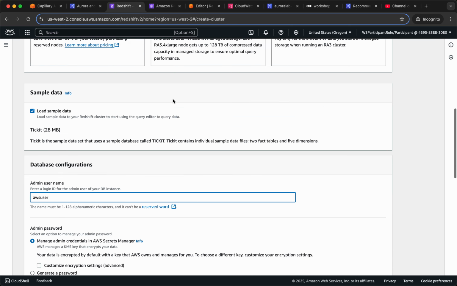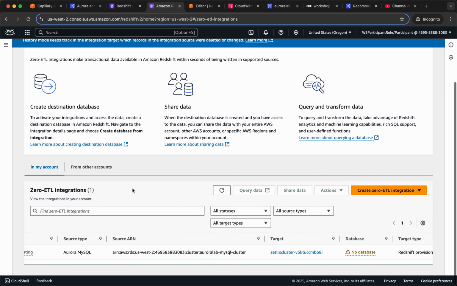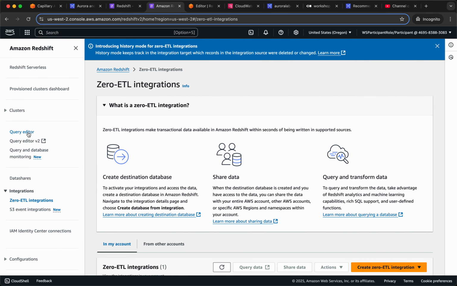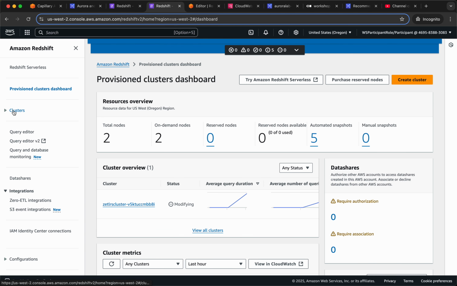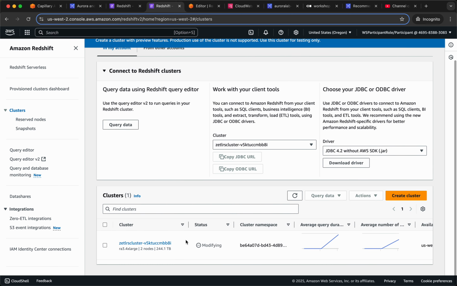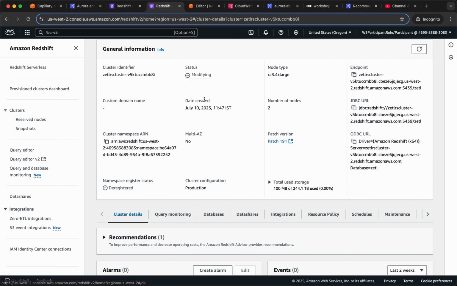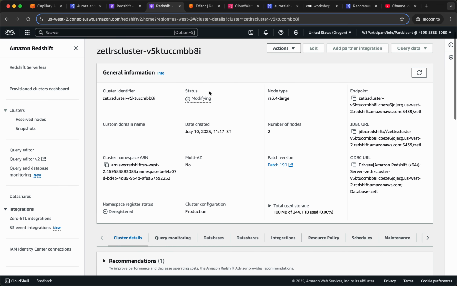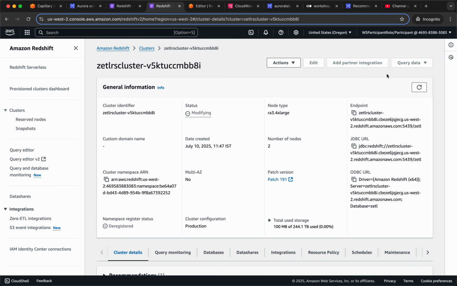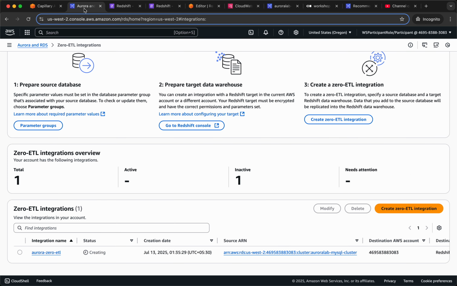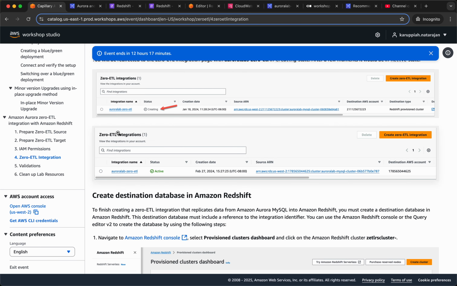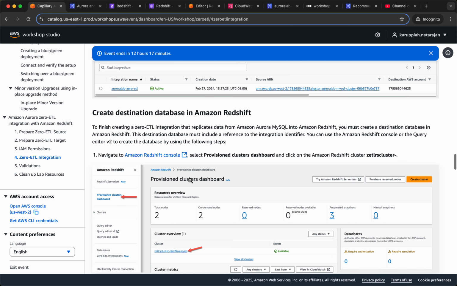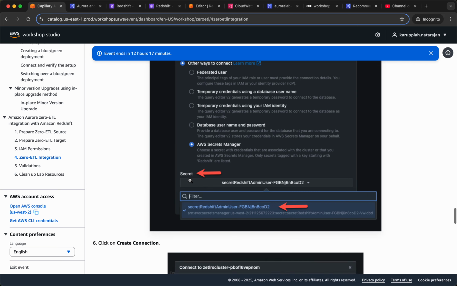Yeah, and I don't know if I should actually be looking at provisioned cluster dashboard, clusters. This is in modifying state, integration creating. So I think it's creating the integration. So we probably created in some time, I think. Let's see. And cool, I think I might have to just skip this for now and